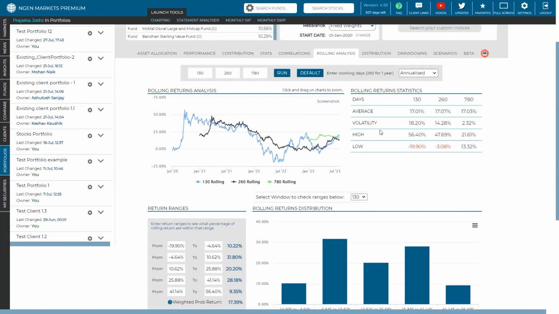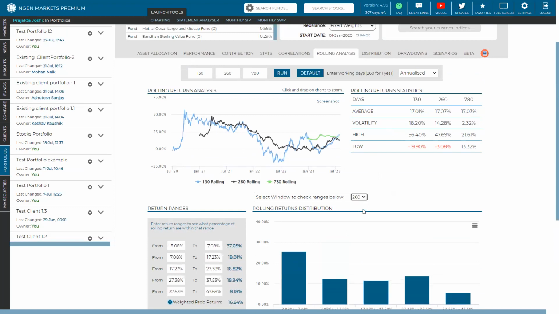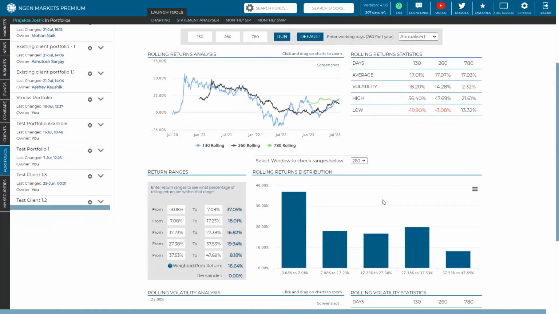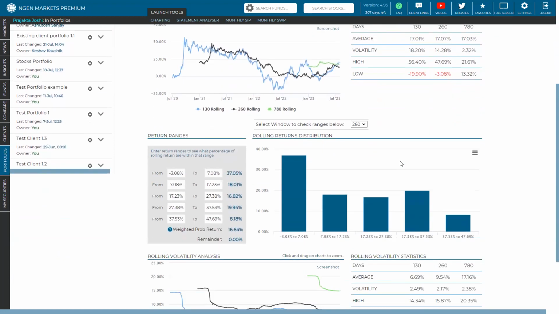So let's consider that this particular client is going to, hold on. You want to show this analysis for a 1 year holding period. From this drop down, select 260 days. Okay, that's a 1 year holding period. Now, if this particular client comes to you and says, look, my target return range from this portfolio or any other case is to generate returns between, let's say, 10% to a hypothetical high of 50%, and then he wants to know how much percent of the times this portfolio meets the target return